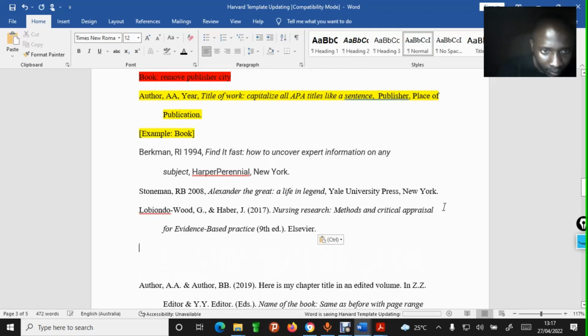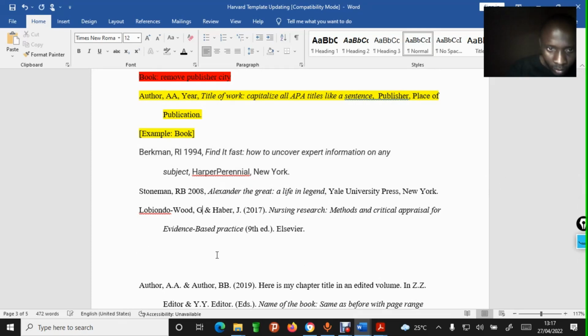I'm going to paste it here. So when I paste it there now, what I'm going to do then is to compare it with this one here. So Lobiondo Wood G, so this one, of course, I'm going to remove that. The H, that J, the 2017, I'm going to remove that. And then